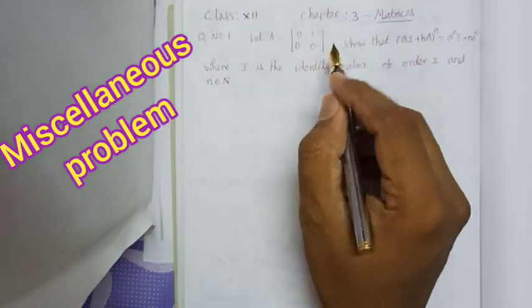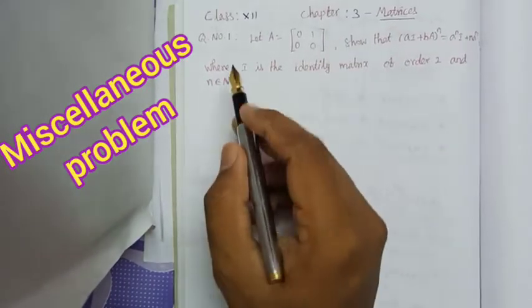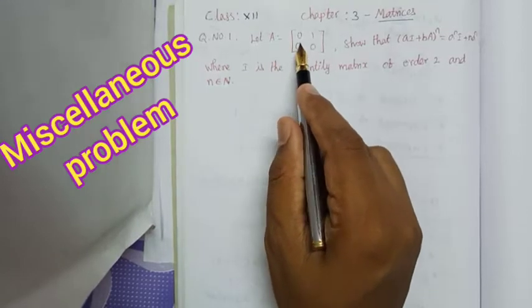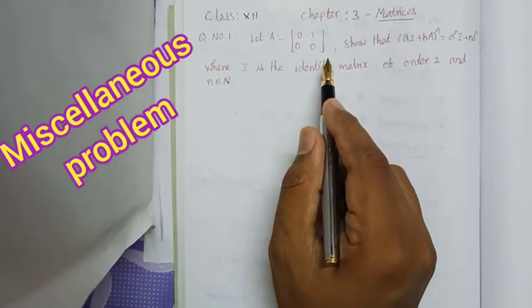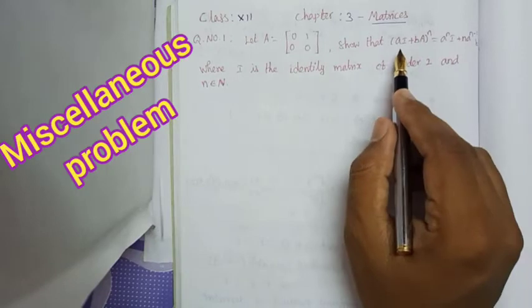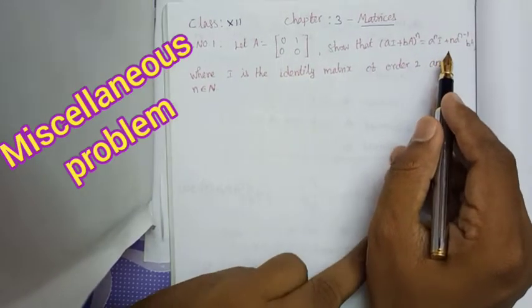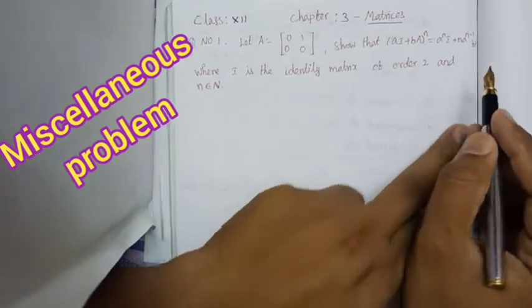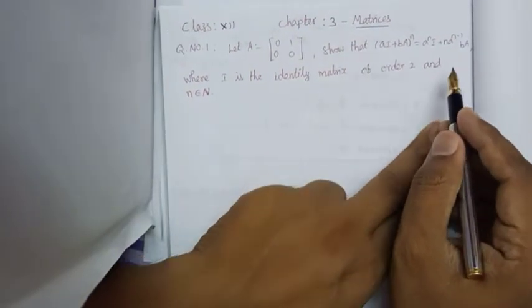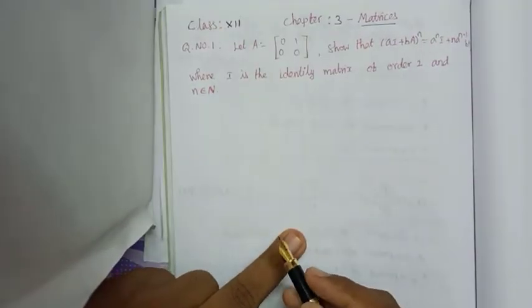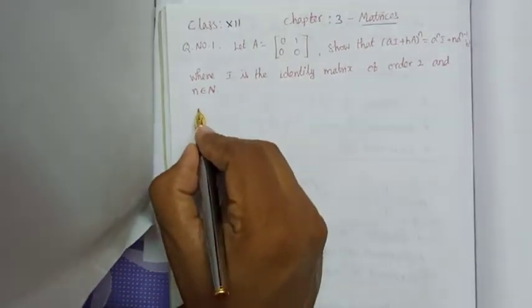Today the topic is chapter 3, matrices. The miscellaneous problems. Question number 1. Let A equal to [0, 1; 0, 0], a matrix of order 2. Then prove that (aI + bA)^n = a^n I + n a^(n-1) bA, where I denotes the identity matrix of order 2. Okay. Now the solution is,